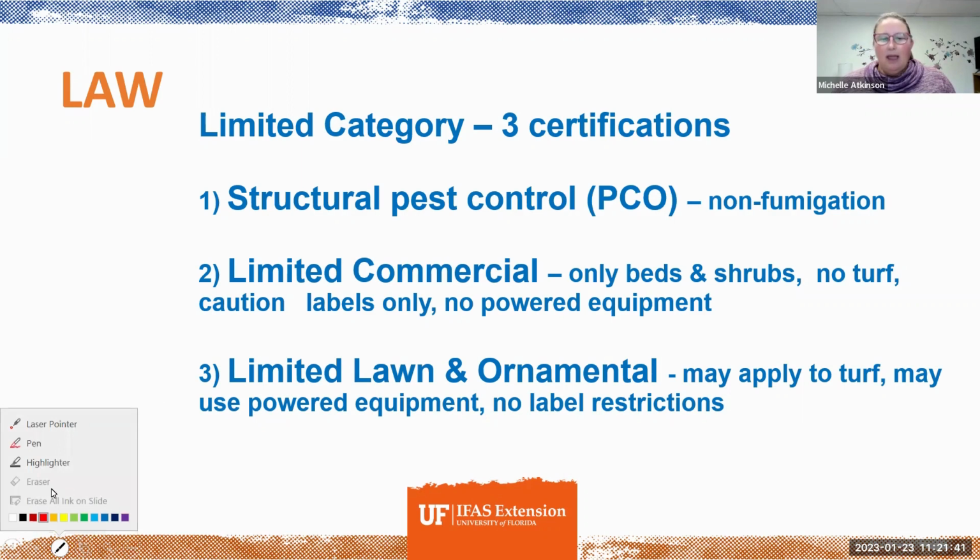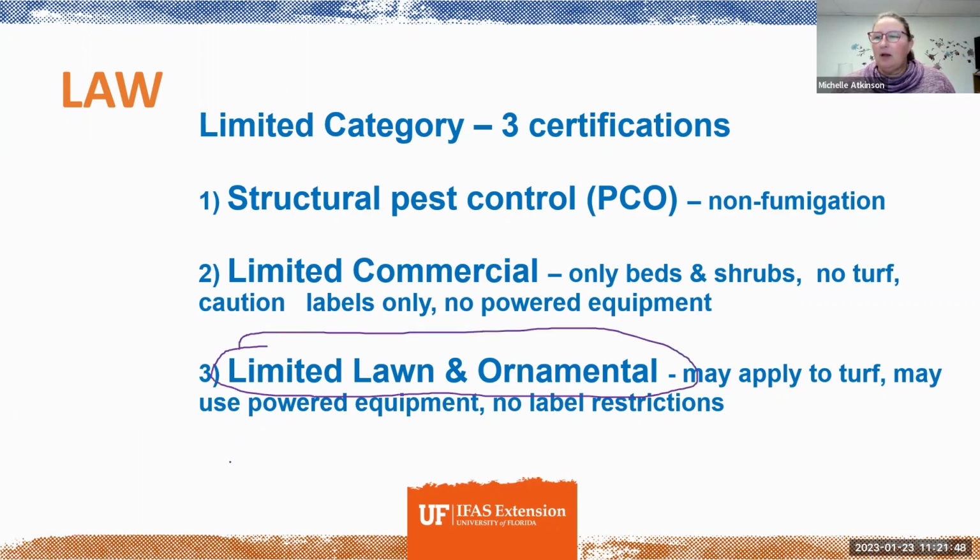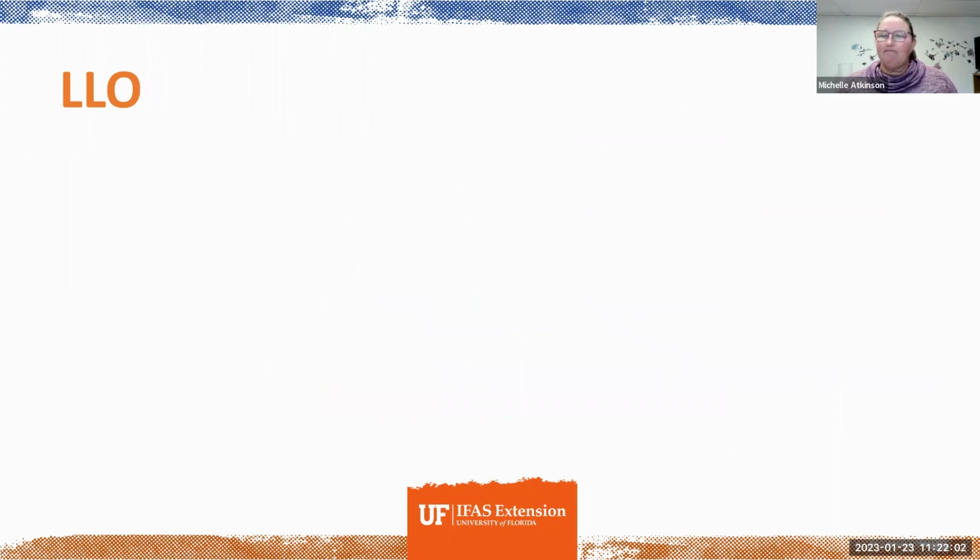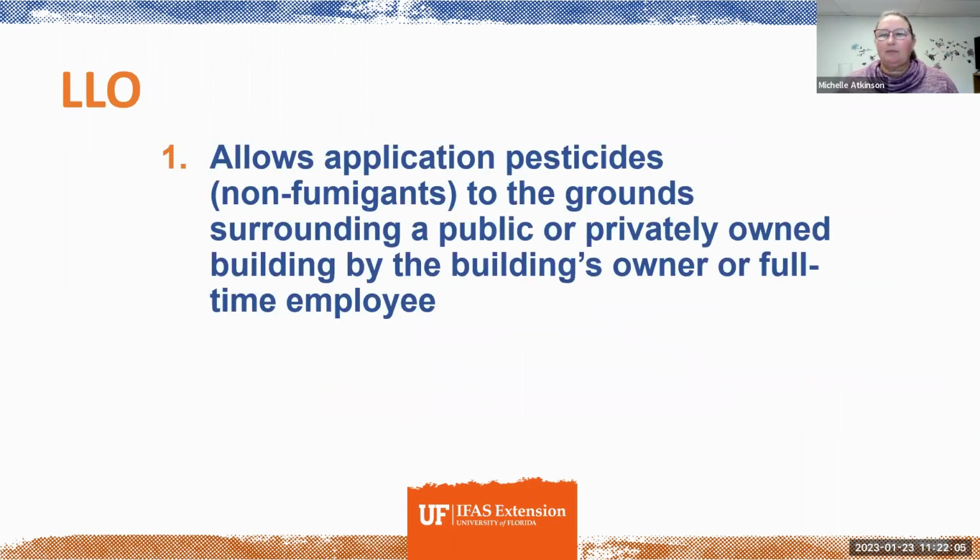You can apply, here, let me mark it up for you. I'm going to use purple. Boom, this is your license right here, limited lawn and ornamental, that when you pass the test you'll be able to have in your possession. And you can apply to the turf, you can use power equipment, and you don't have label restrictions. You can use those restricted use products. Well, there we go. So again, this license allows you to apply pesticides to the ground surrounding a public building